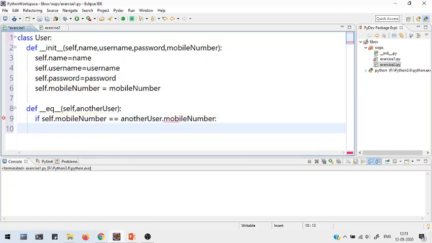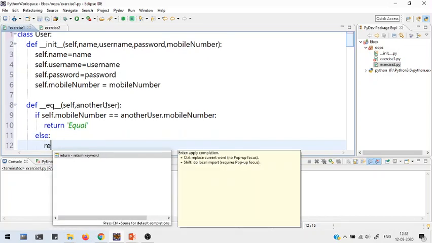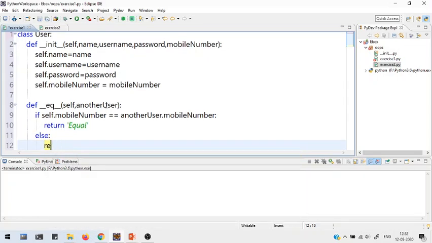If both the mobile numbers of the current user and the another user are the same, then we have to return equal, else we have to return not equal.